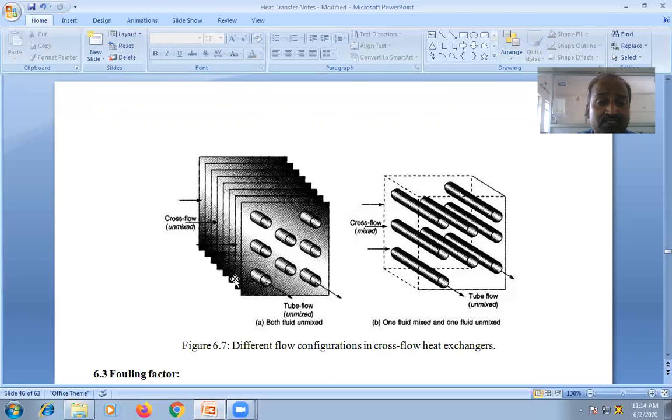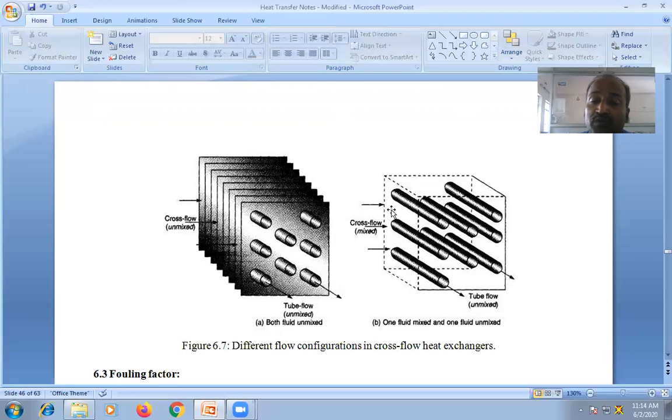So you can see the cross flow heat exchanger, and you can see the outward coming, unmixed and mixed. Unmixed means the cross flow is made to pass through each compartment, but each compartment is different, not mixed with the other fluid. So the compartments here will not be mixed. So unmixed. Here it is mixed, means these compartments are not provided. Here the compartment is not provided. Cross flow will pass through directly.